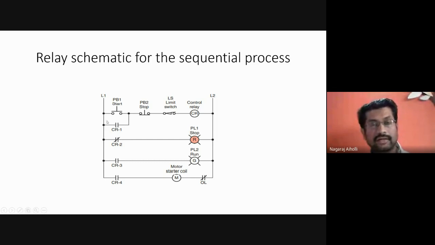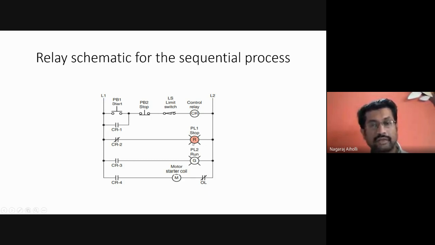Now when the current passes here, it will go from normally closed to open. That is, it goes from closed position to open condition. When it goes from closed to open, what should happen to this red LED? Will it be in on state or off state? Initially CR2 is in closed position, and for the closed position the red LED is glowing.